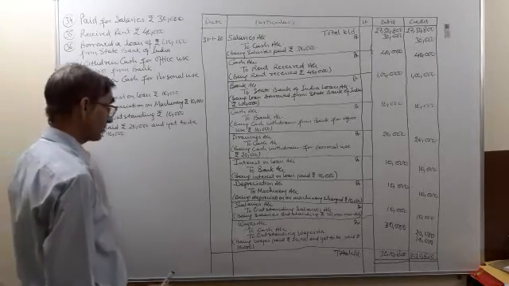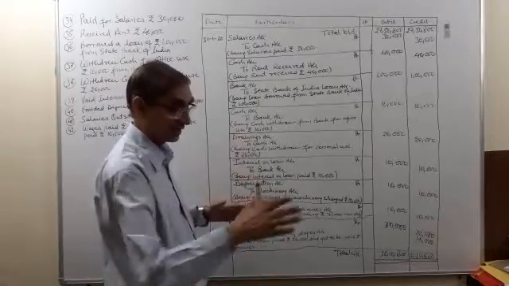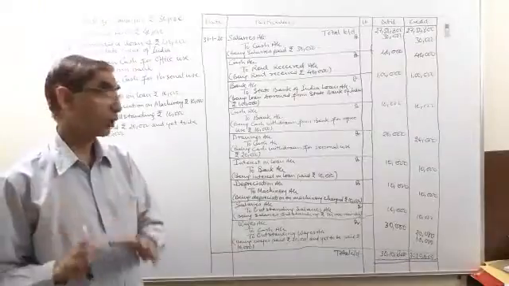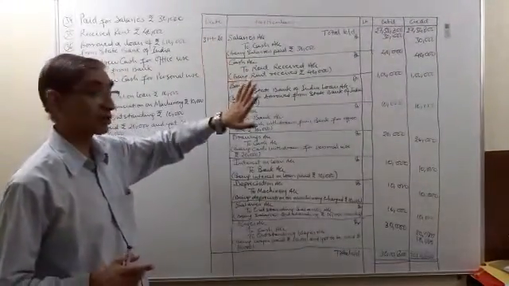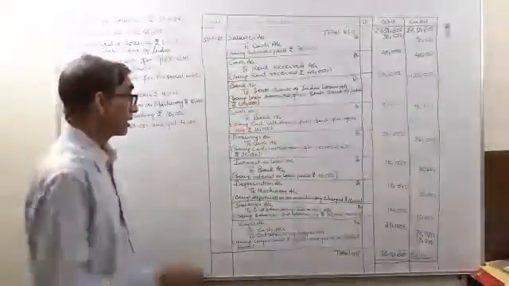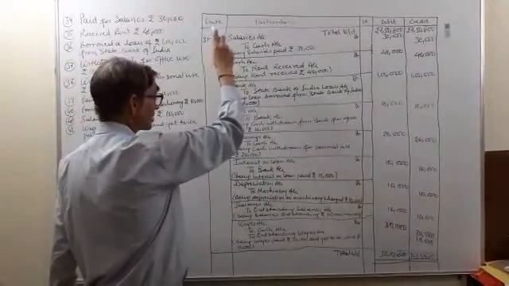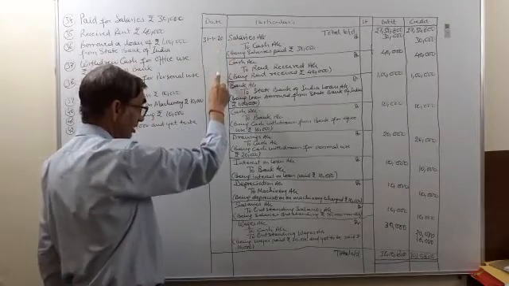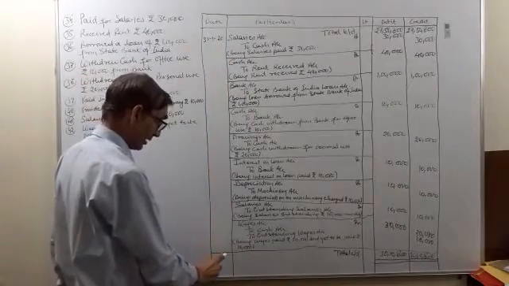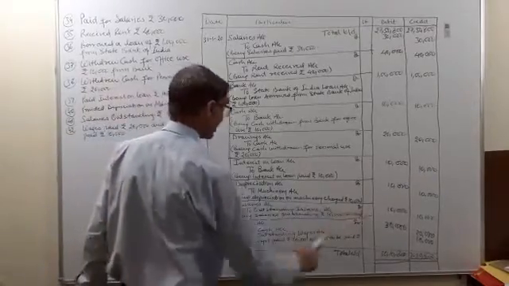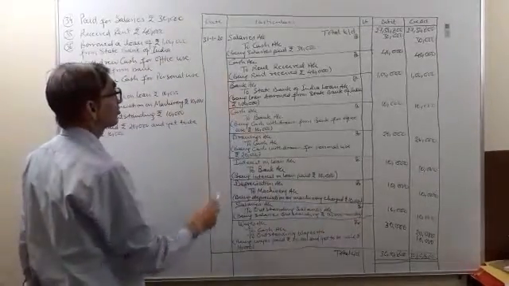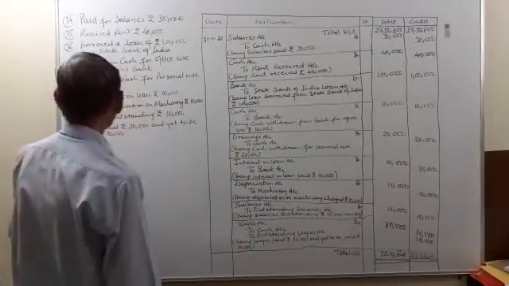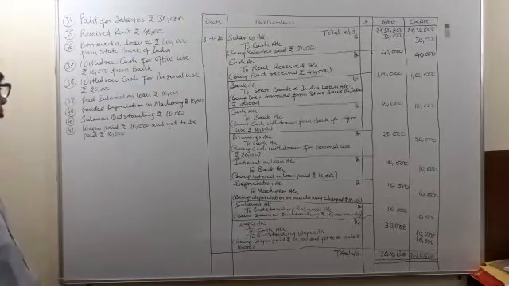Now I told you that all the transactions from 31st to the end, we have assumed that they will be on the same date, that is 31st of January 2020. Now as the page is a new one, so we will write the date over here and we will not place any line until the page ends in the date column for different transactions that we are going to record. So now transaction number 34.